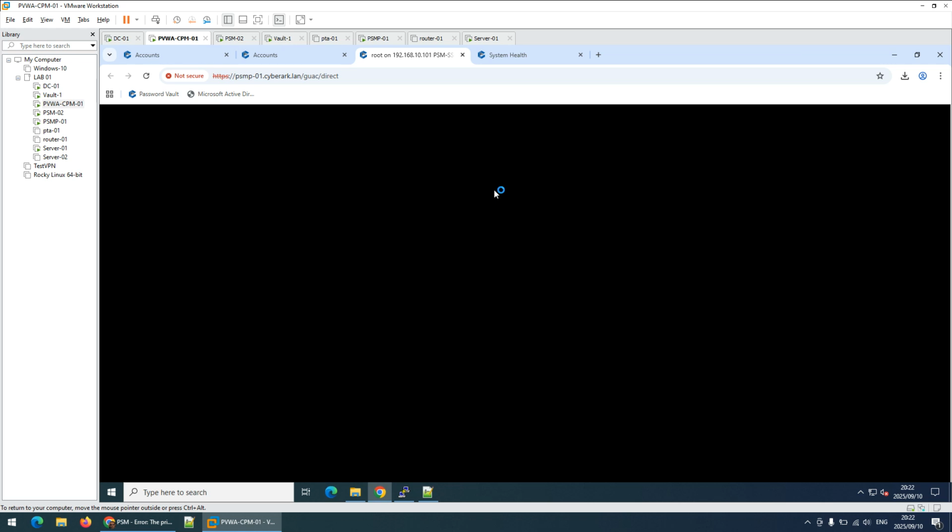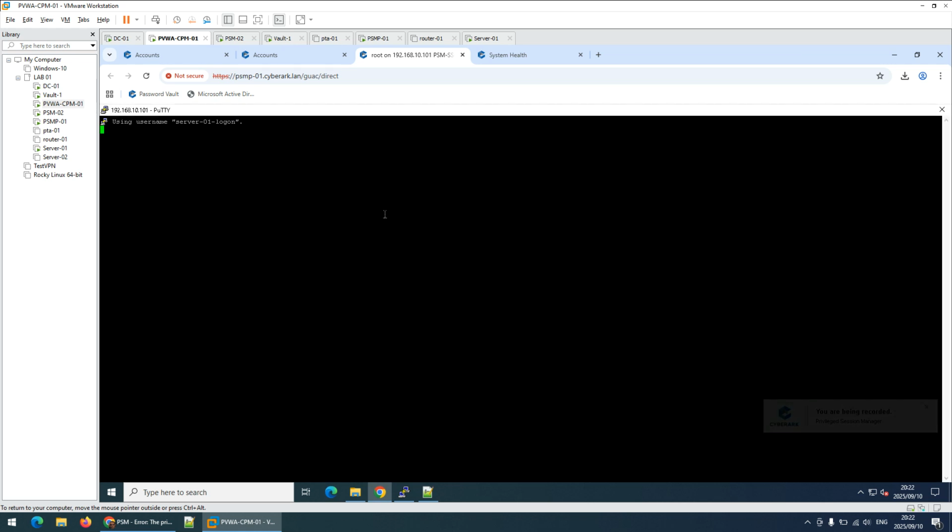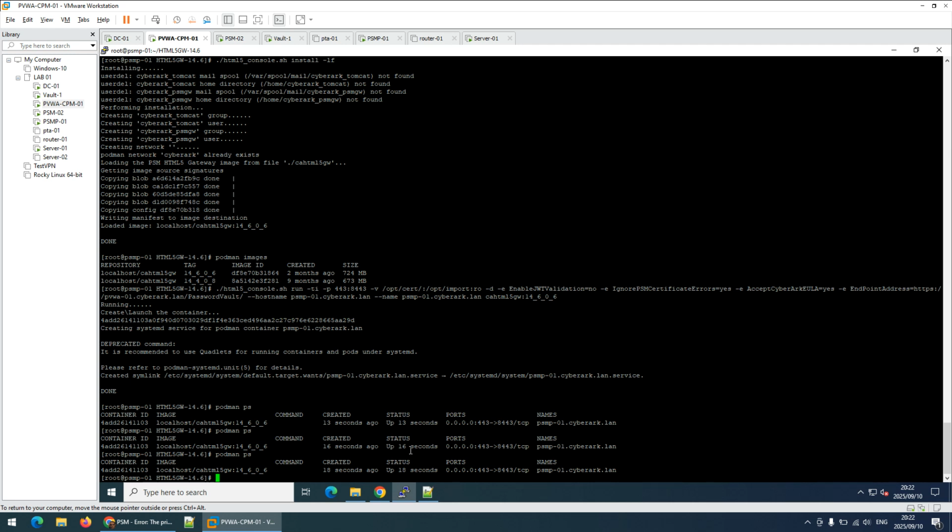And there's our CyberArk loading the new container with Podman and running the HTML5 gateway. So as you can see here, we've got CyberArk running with 14.4.6,